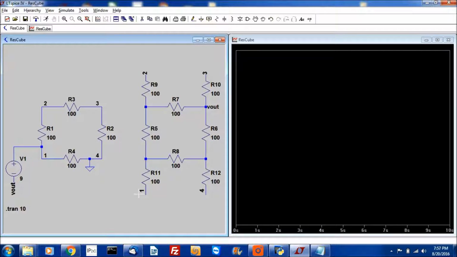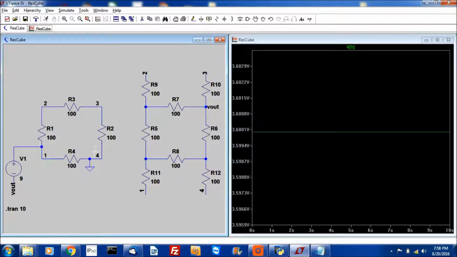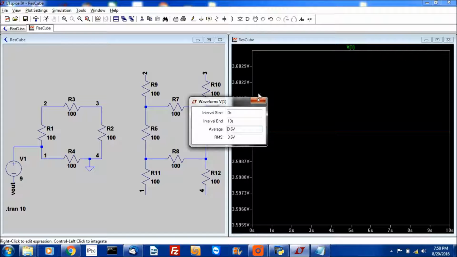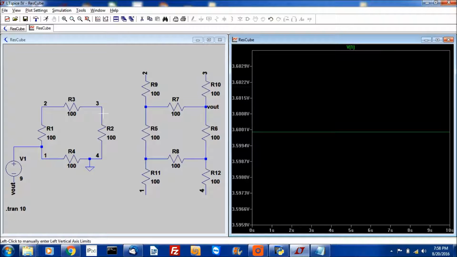So the picture does not look like a cube, but with the nodes that are being placed, it is a resistor cube. So I've connected a voltage source of 9 volts, and through this we can determine the voltages at different nodes. For example, if 9 volts is fed and I have resistors of 100 ohms, and if I click on node 1, I'm getting that as around 3.6 volts, and if I click on node 3,